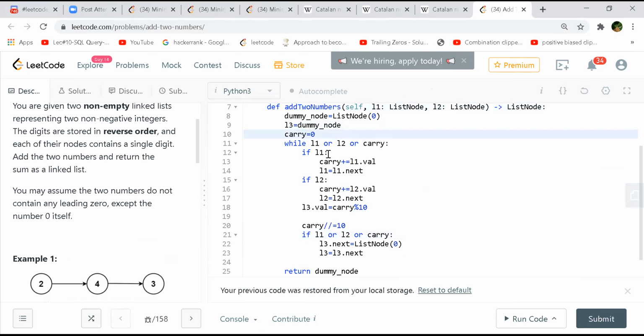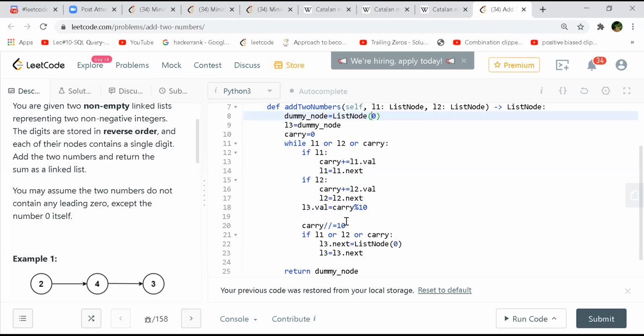What I'm doing here is just checking that the particular linked list has a valid node, I mean, that there is a node or not. If there is a node, I'm taking its value, adding it to the carry, and increasing my pointer in that list. Again for L2, same thing: we'll take its value, add it to the carry, and then increase the pointer. Now L3 is the node pointer on this list node. So whatever value I get, carry mod and remainder, I'll be putting the remainder here.